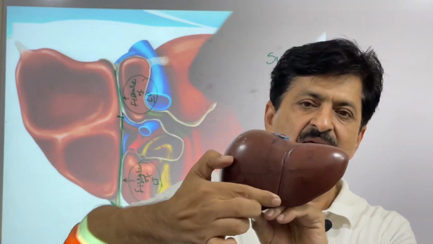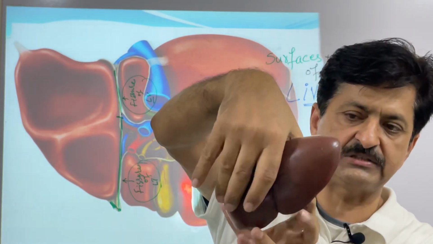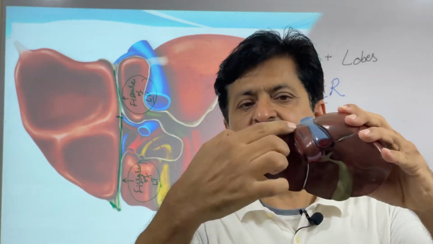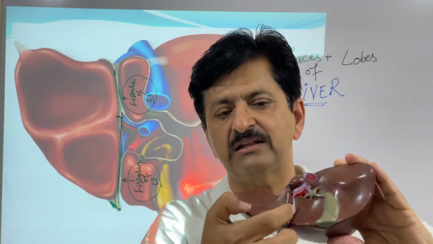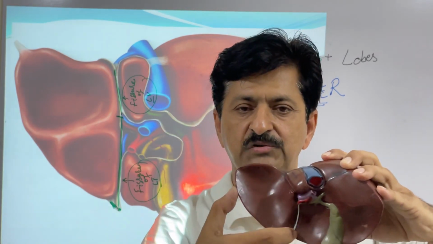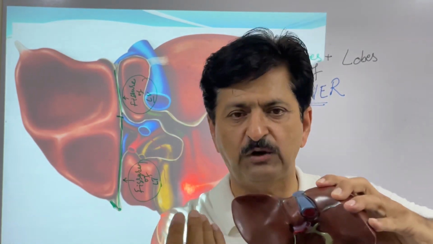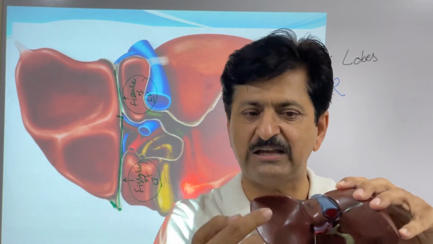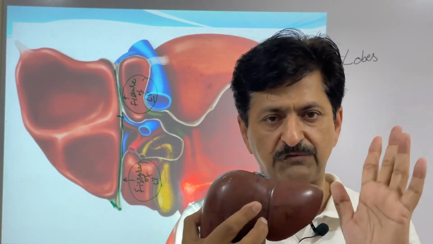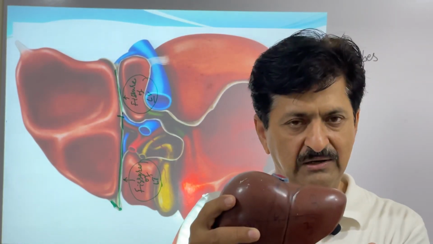ligament. And similarly, at the same time, you see that on the back of it, just at the same level, you will have these fissures here. And here you have this one, called the fissure for ligamentum teres, and this one here is called the fissure for ligamentum venosum. So that means on the visceral surface, the liver is divided into the same left lobe and right lobe, but by means of these two fissures, rather than the falciform ligament anteriorly. Anteriorly you don't have the fissures. Anteriorly you just have the mark, this is the cut margin of your falciform ligament.